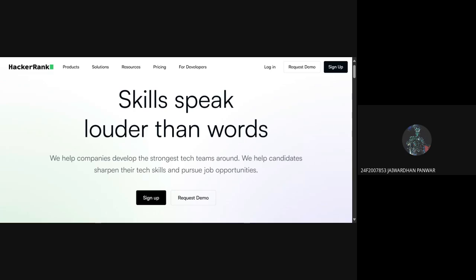Do solve the questions also that we are going to post there. Yeah, of course. We will be maintaining the leaderboard as well. If there are more participants, then we will mention the first 25 students' names in the leaderboard. For now, it is top 10 only. It depends upon your submissions and all. Will the leaderboard be public on HackerRank only? It will be shared on the WhatsApp group as well.